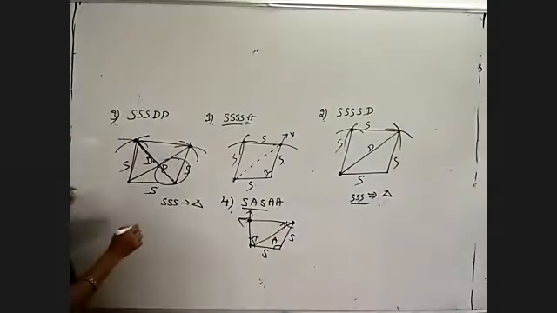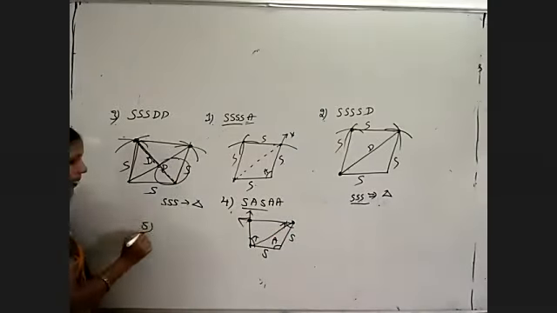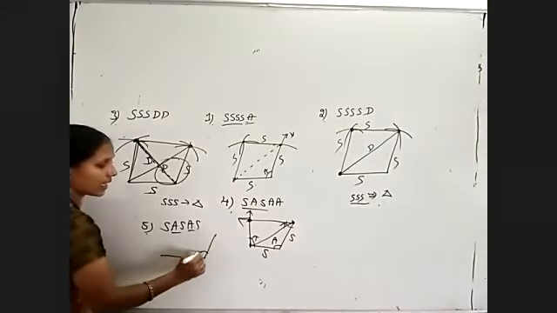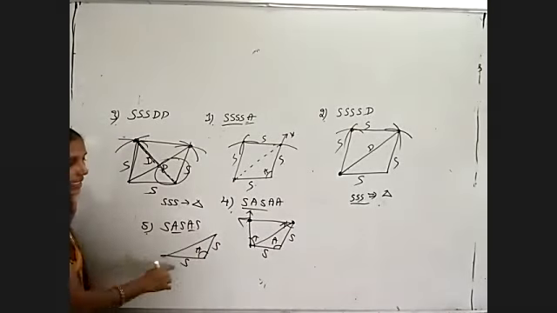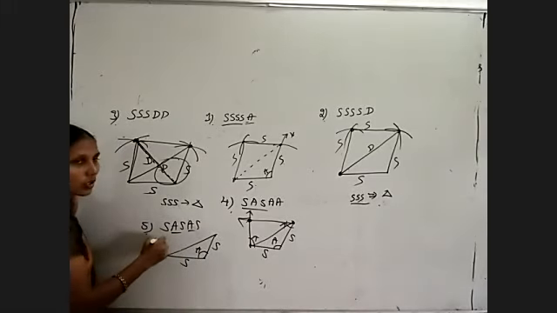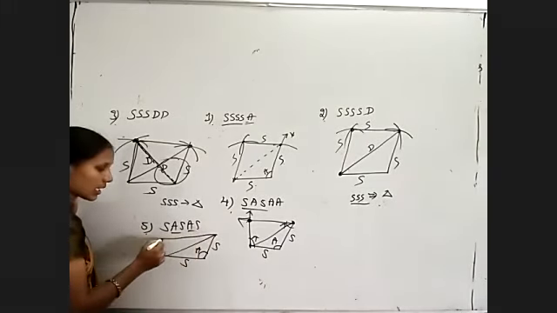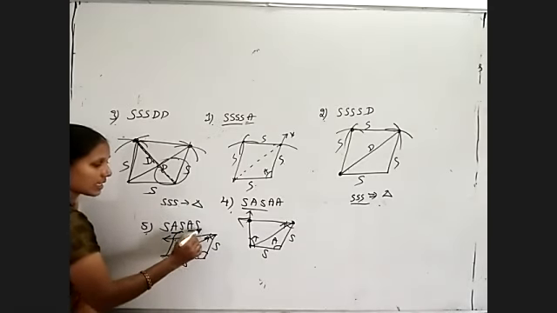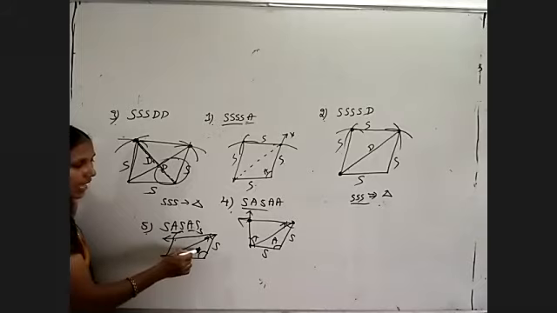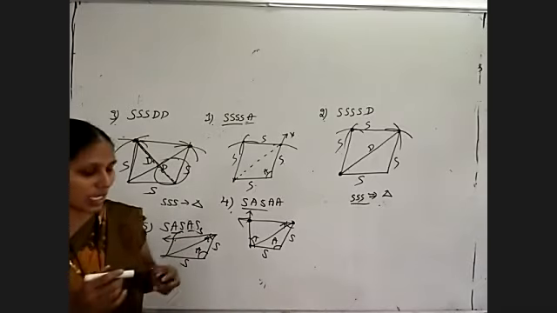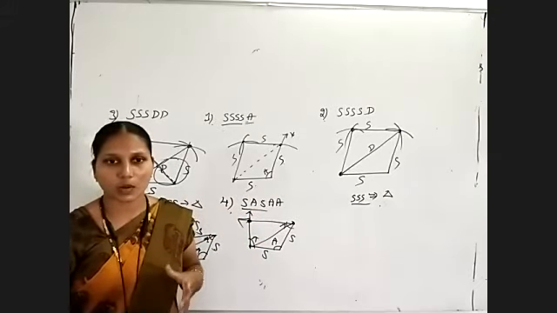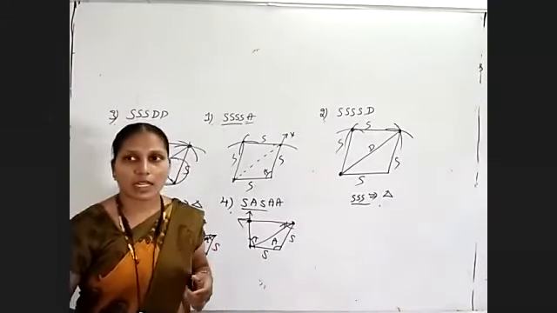Next, fifthly, side, angle, side, angle, side. Whatever included angles are given, use that side. First side, then angle, then side, so we get the side, angle, side triangle. After that, to get the fourth side, we will use that angle and the included side itself and join these two. Now, using all these measurements, we have seen the different rules for how to construct the quadrilateral. And tomorrow we will construct some more